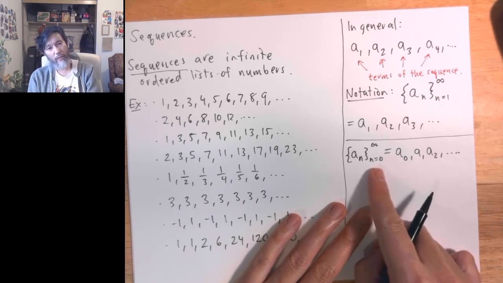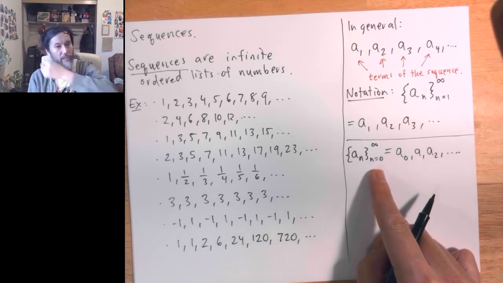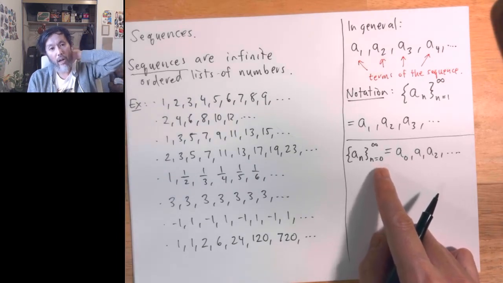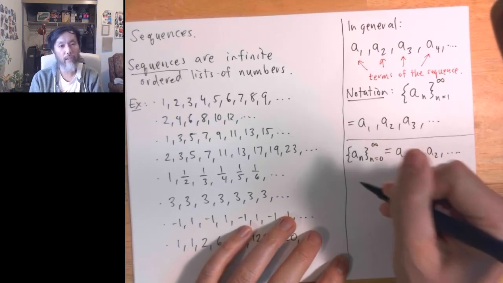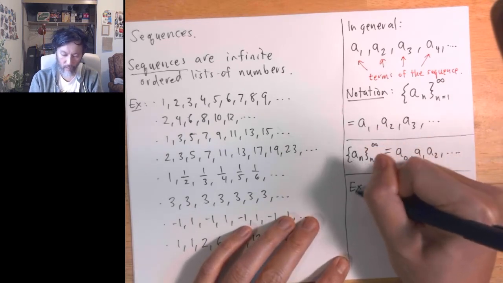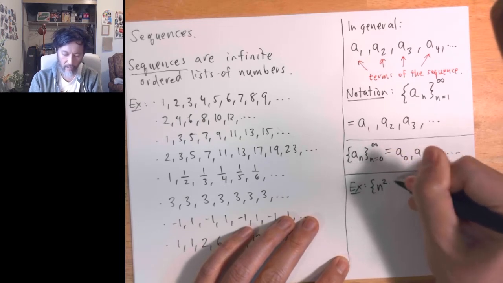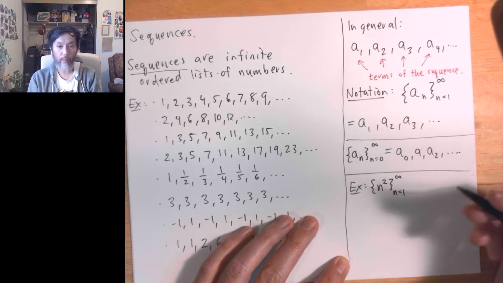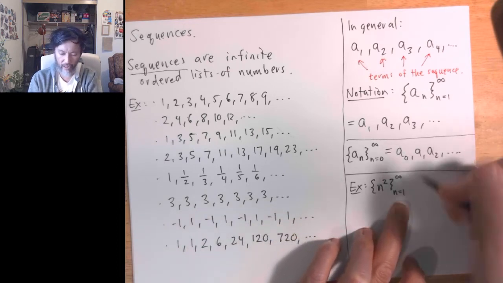This should feel familiar from stuff that we did with Riemann sums and things like that. It's the same idea. There we had an index of summation, and here we just have an index to capture the various terms. So what does this look like? Well, what we can do is specify sequences in a really compact way. So an example would be something like this. If we had the sequence n squared, okay, from n equals 1 to infinity. You can probably guess what the sequence does. What it does is we start with n equal to 1, we shove that into n squared,